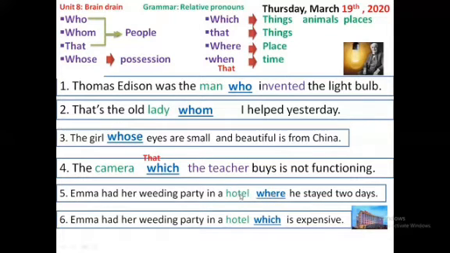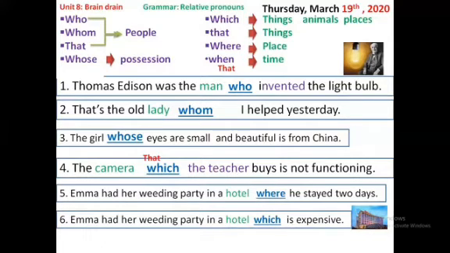A hotel is a place, but here we say "where". It refers to a place and is followed by a subject. "Which" is a subject itself, so it needs to be followed by a verb. So "where" refers to a place and is followed by a subject. For example, you can say